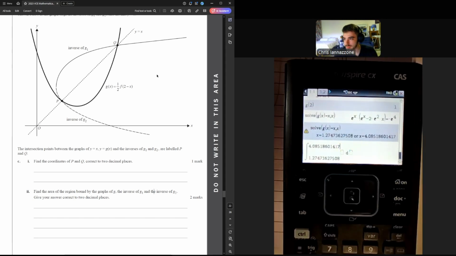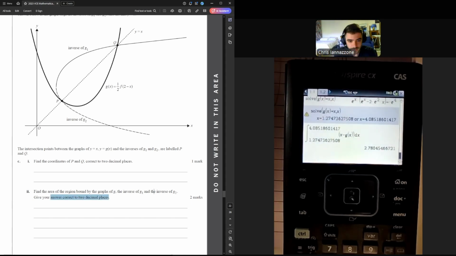The reason why the lower and upper bound work is because, if you look at that little half there, it starts at P and it ends at Q. So we're going to use the x coordinates of P and Q. Then it's just x minus g of x, dx, Control Enter,